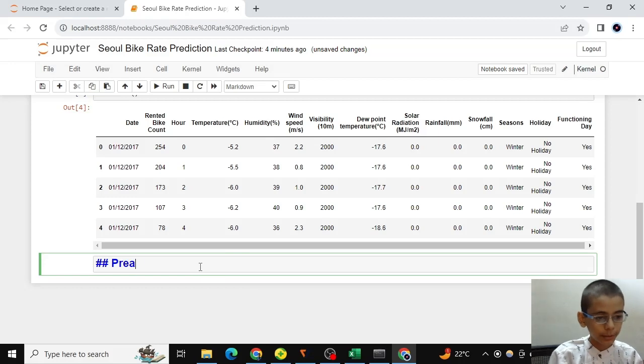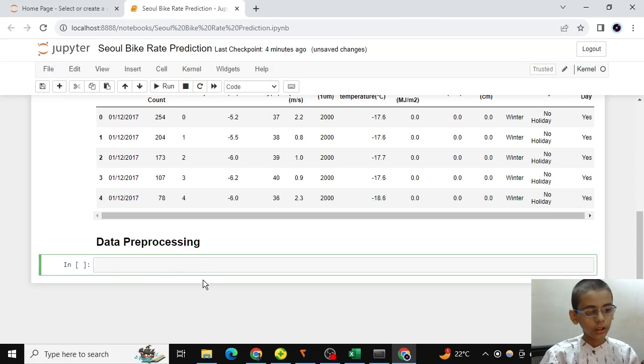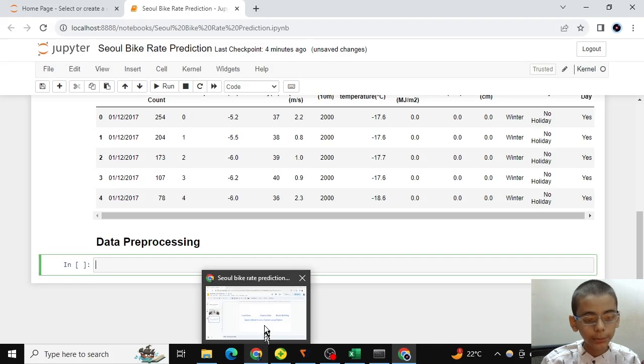So let's prepare our data, which is called data pre-processing. Firstly I want to tell you what data pre-processing is, and let's talk about its principles.